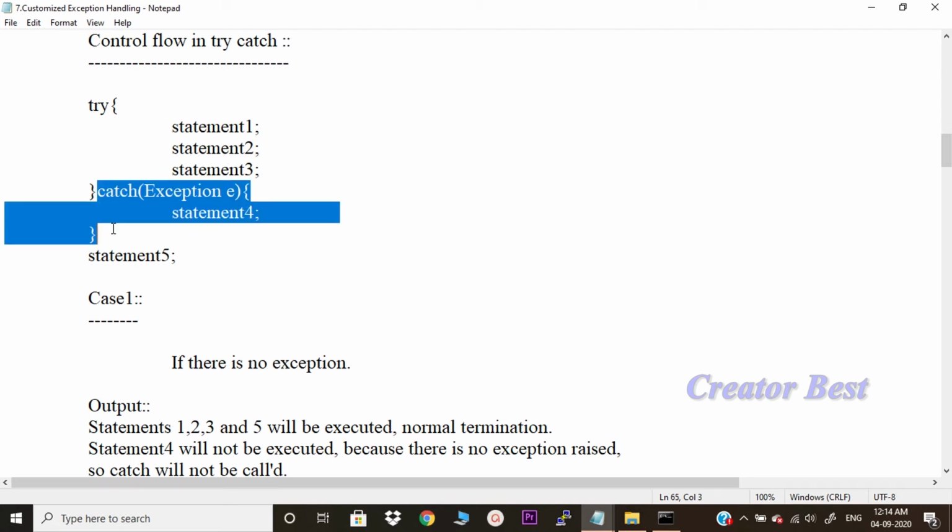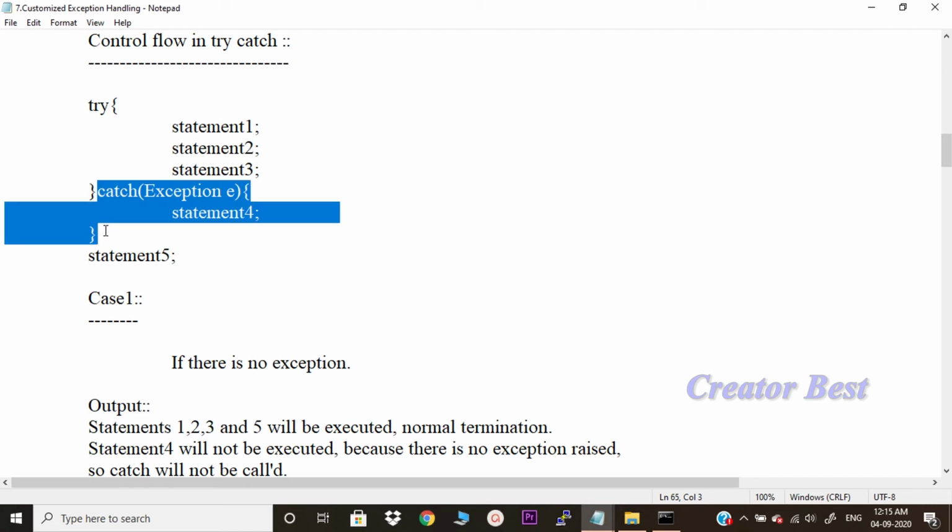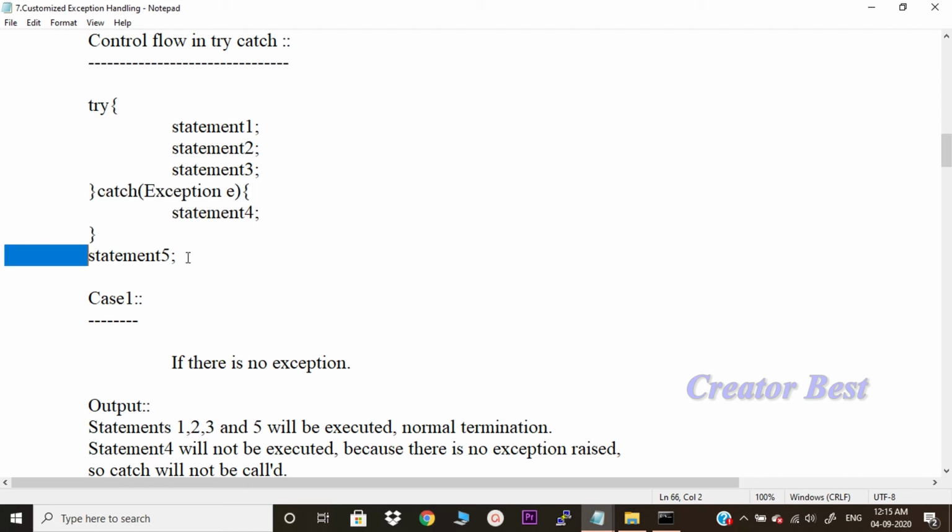At statement 2, an exception got raised and we are able to handle it in the catch block, and statement 5 will be executed. So cool. But what is happening here? We are never executing statement 3. That is the thing which we are not supposed to do.